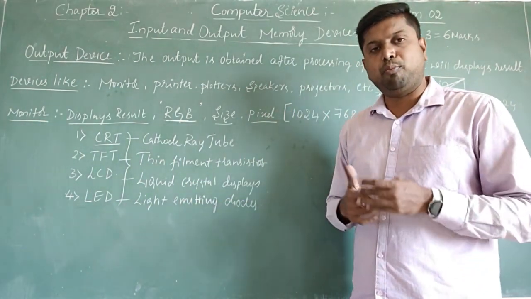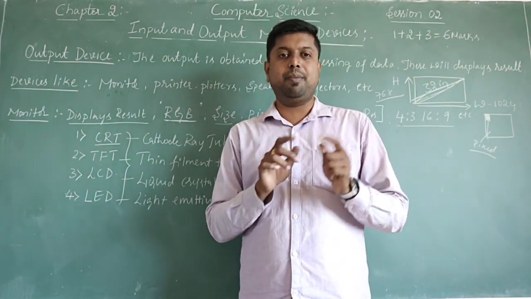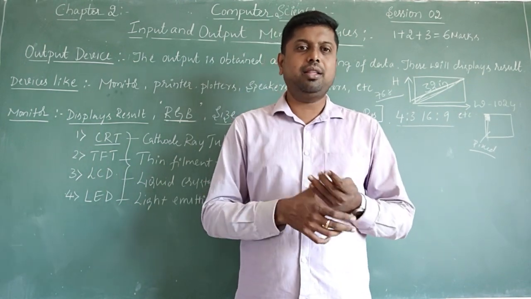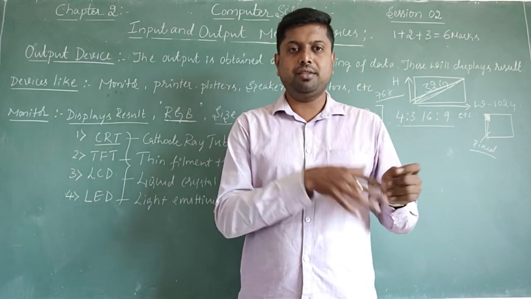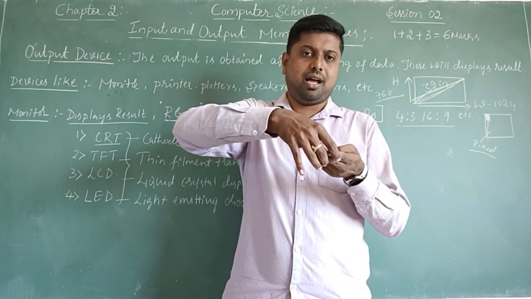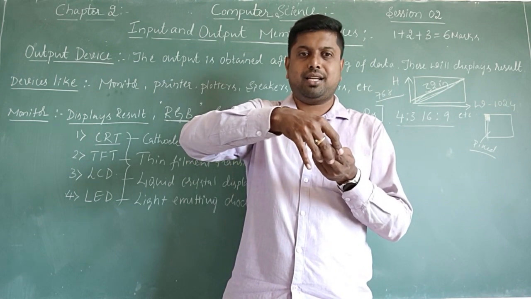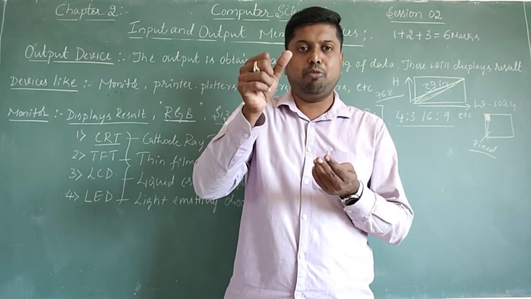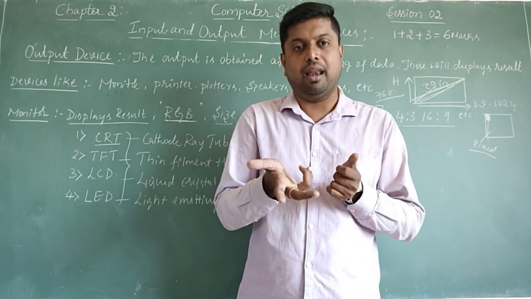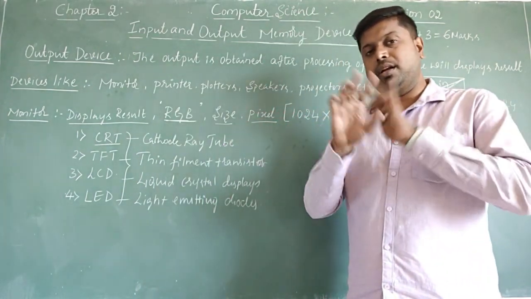Then the third one is very popular, LCD. LCD means liquid crystal display. If I want to show you this liquid crystal, just test one device, the calculator display. If you give extra pressure to that display, automatically you will get some liquid-like, colored structure. If you press any monitor also, that colored liquid-like structure will appear. It is based on a chemical, liquid crystal. So based on that chemical, the displays operate.